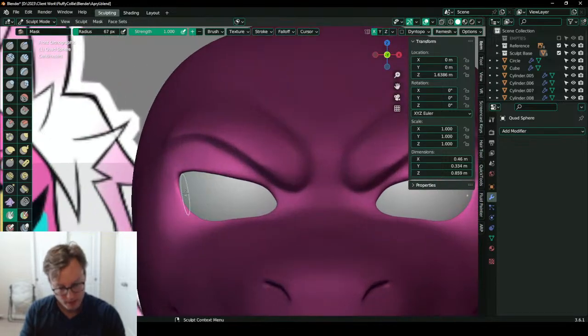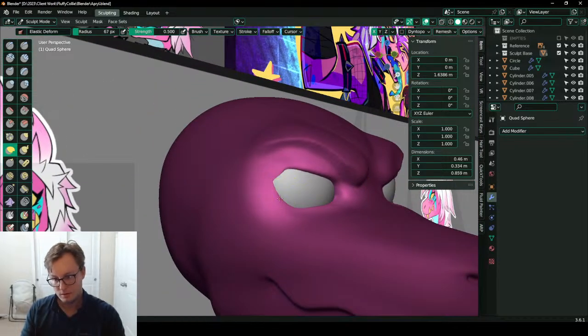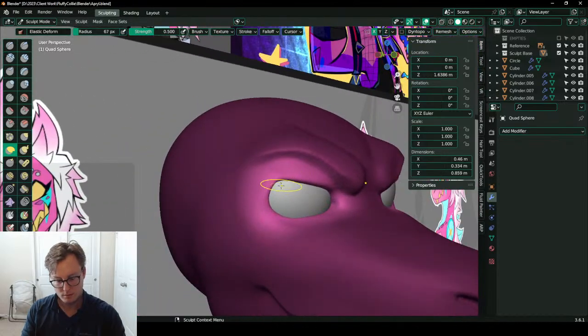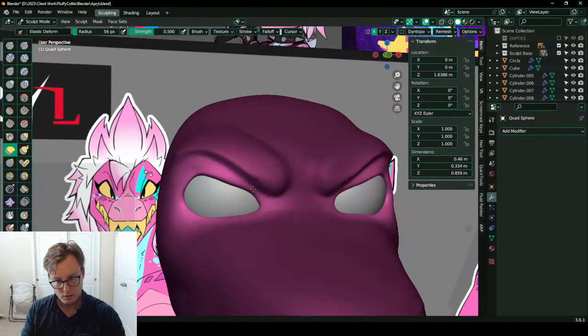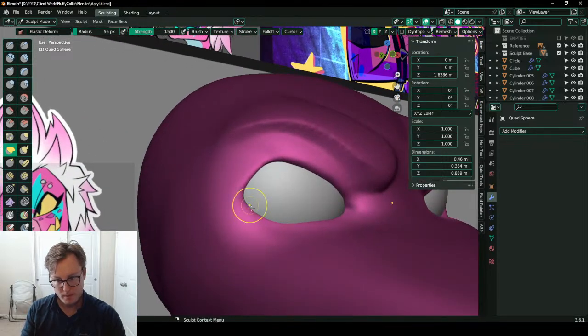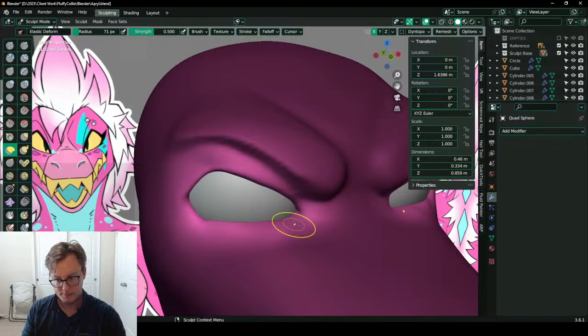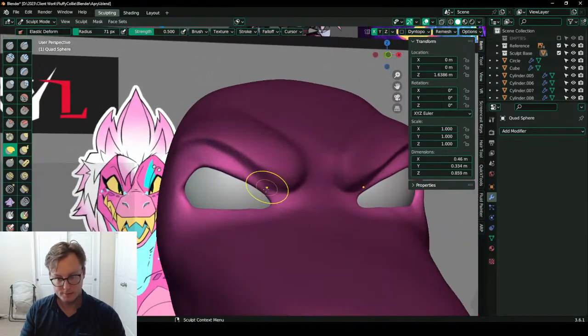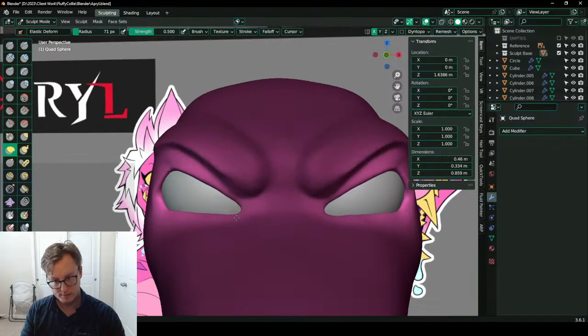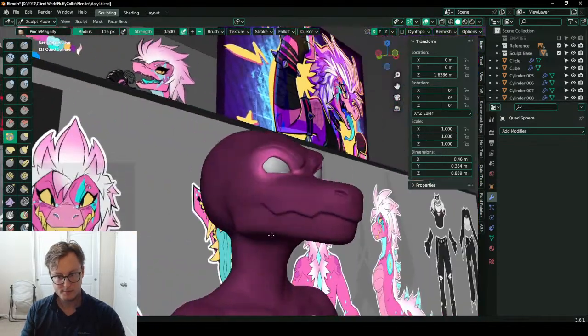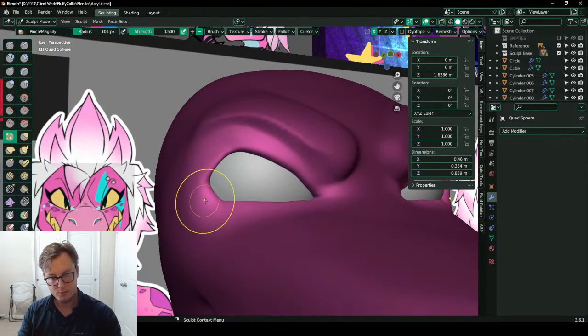Okay, so it's kind of this V bend. Nice. That came out super well.